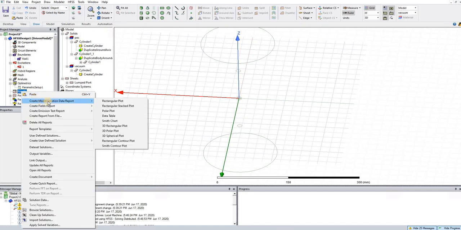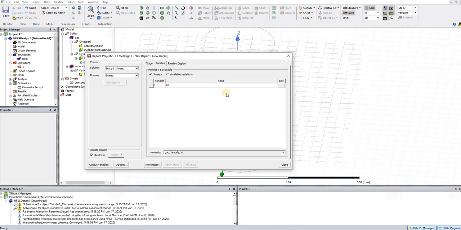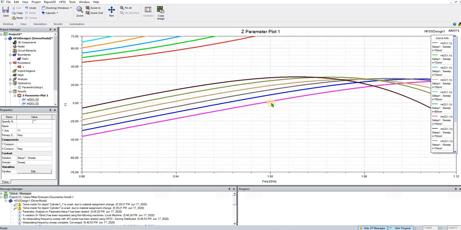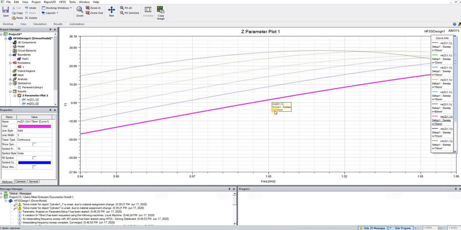Right click on result, create a modal solution data report, rectangular plot, or you can use the result tab. And let's go into the Z11 and see the imaginary part and real part of all the families of L. So we can here see the result at 1 gigahertz. You can see at 1 gigahertz, yes, at L equal to 70 millimeter, it's near to the